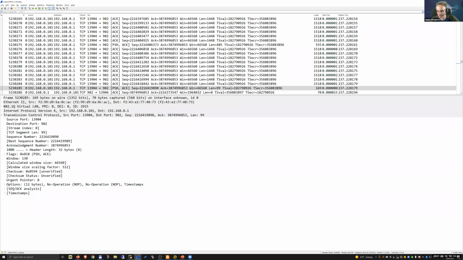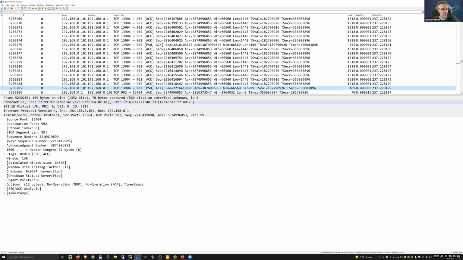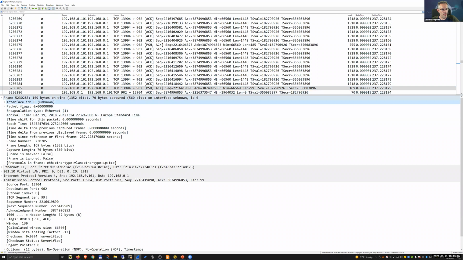Okay, how often is the IF column needed? The IF column is this one here. And I can align center. This is the interface number, right? So it tells me interface ID 0. And usually if you have a capture where only one network interface was used to capture, it's always 0. Because it's very small, it's intentional to call it IF, so it doesn't take much screen space, because screen space is very valuable if you have Wireshark. And the number itself is usually just a number between 1 and 3.